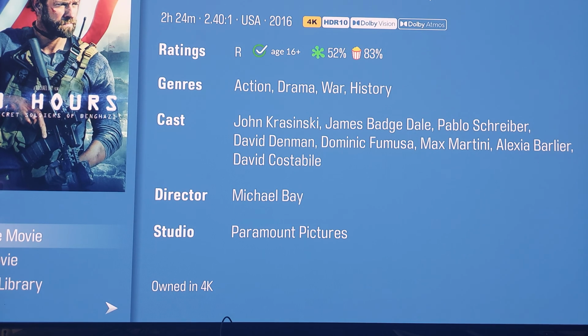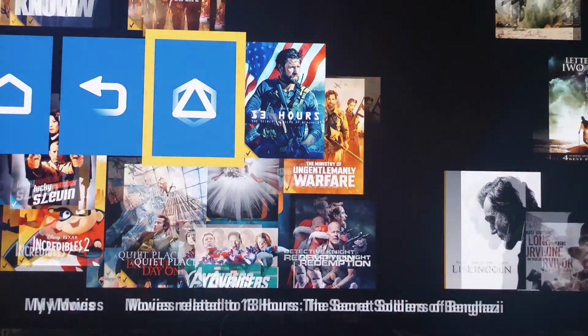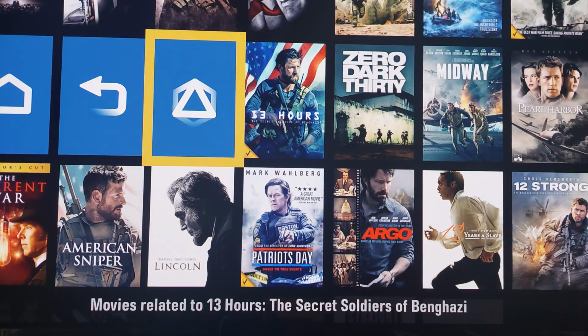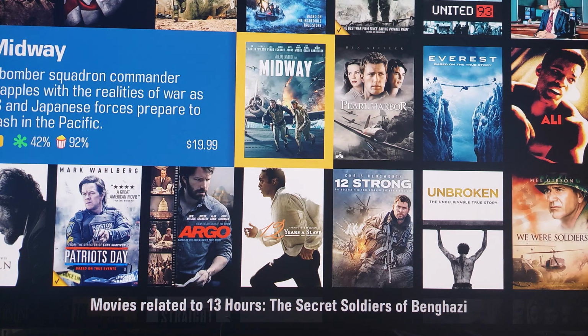Why? Because let's say I want to watch multiple films. I may want to watch one film that's in my library, and then after I see this, I may want to do this. Let's use the shuffle again. What are the movies that are relatable to this? And then I may want to purchase and download something that's not in my cloud. The beauty of this type of setup is that